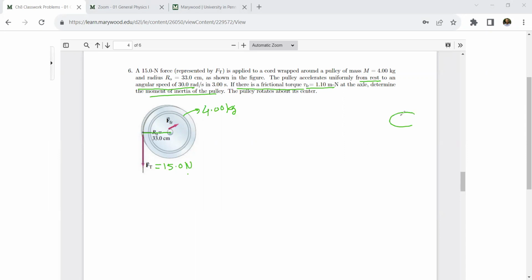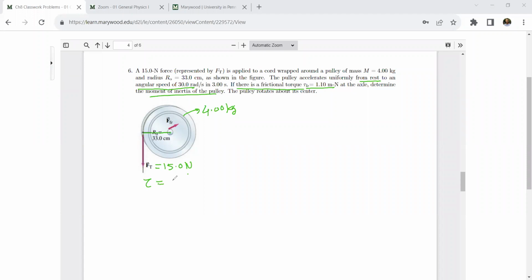If it is a regular disc, a solid uniform disc, we can use the moment of inertia formula we discussed during the class, but it's not a regular disc. So we have to use something else. Okay, so let's use something else first. You know that we can determine tau,